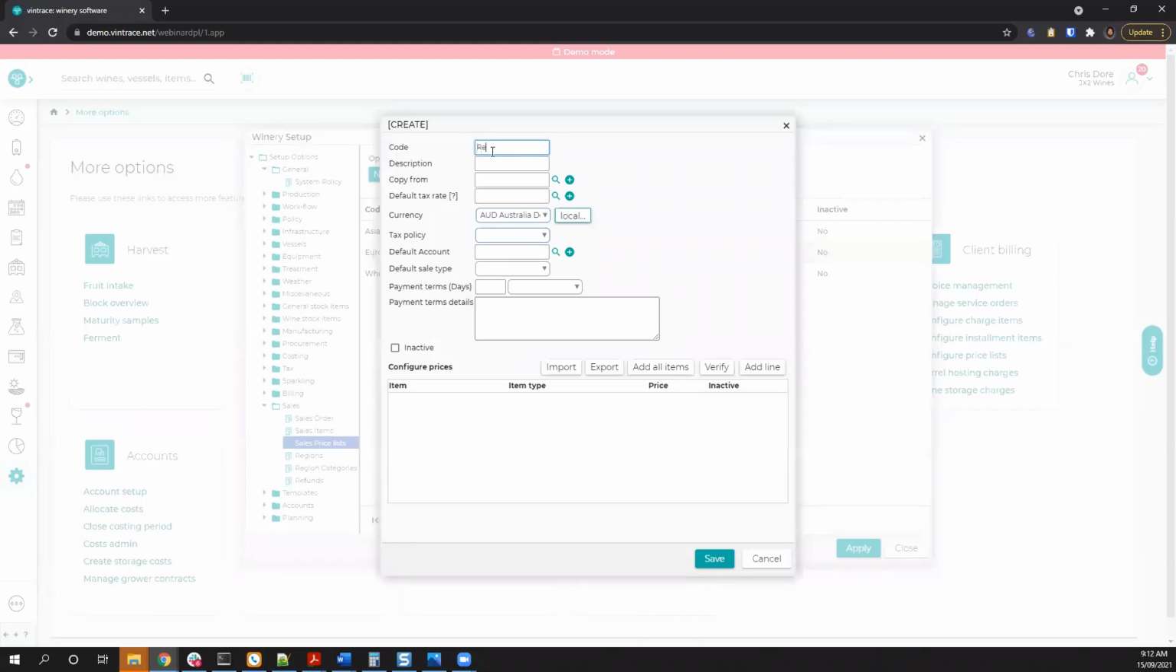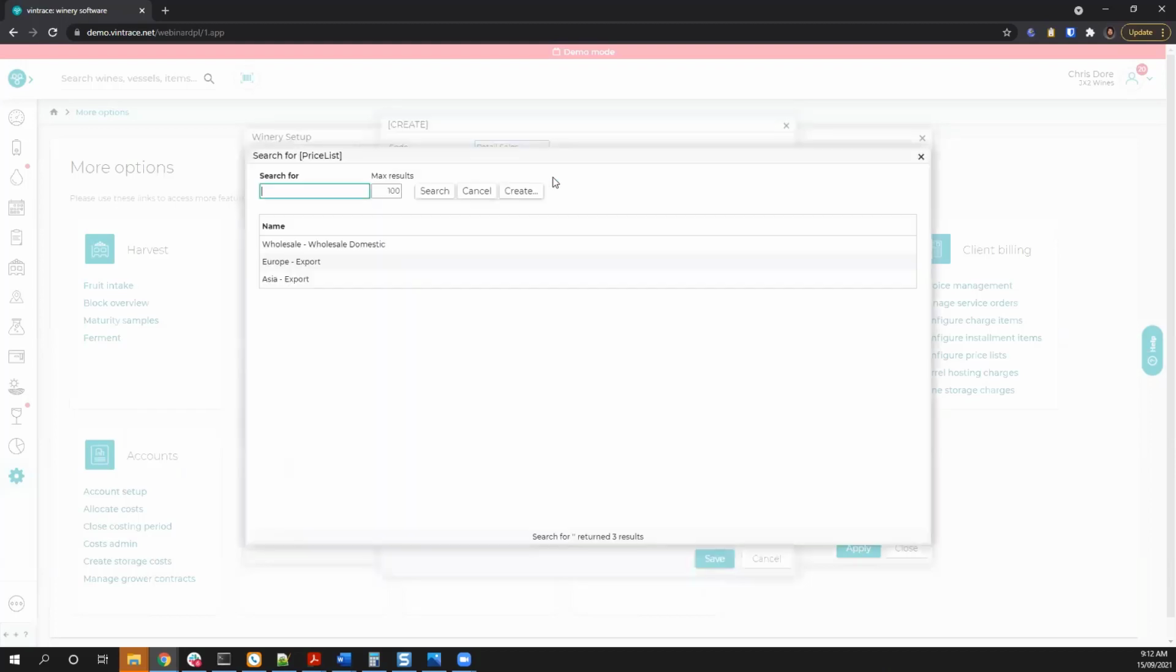And we'll just call this one sales. All right, so I've got a code. You can use the copy from function here. So if it's pretty much identical to another price list you've got, just pop in the code or select it